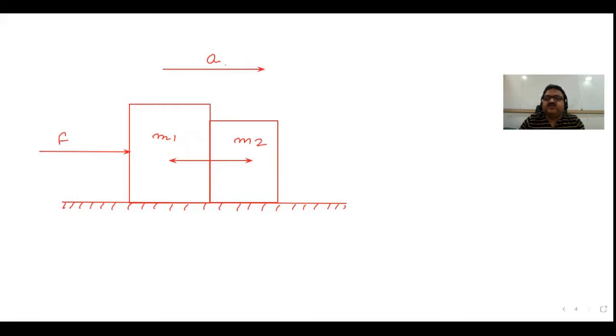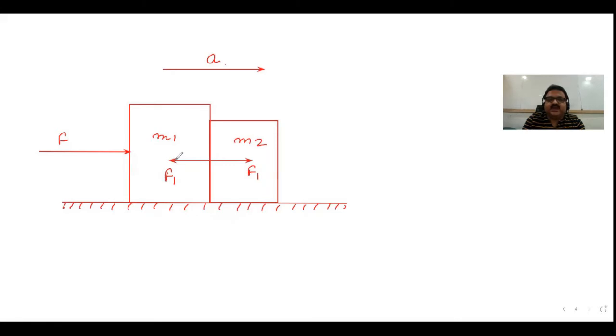And as we know from Newton's third law, to every action there is an equal and opposite reaction, and action and reaction always act on different bodies. If M1 exerts a force F1 on M2, then M2 will give an equal amount of reaction force on M1. So first of all, you have to draw this. And I'm not going to draw the normal reaction or mg, since we need to find the acceleration of the system, as well as, number 2, the value of F1.